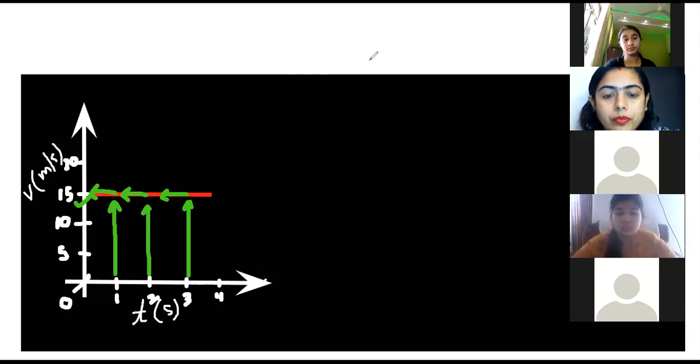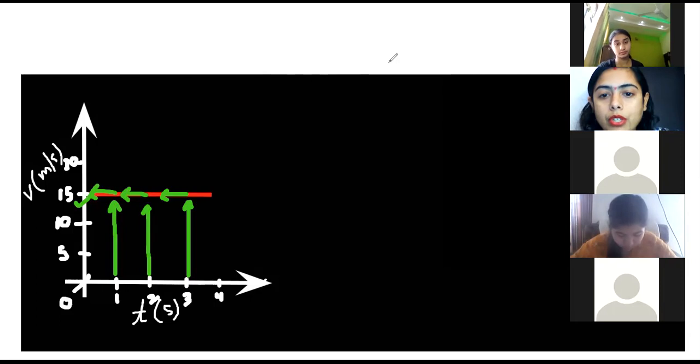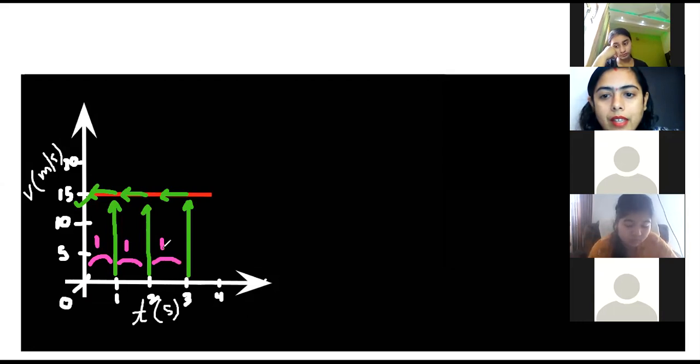Now, from here, we are going to conclude which kind of motion it is. Is it uniform or non-uniform? From 0 to 1, how much is the variation in time? That is 1 second. From 1 to 2, again 1 second. From 2 to 3, again a variation of 1 second. So time varies with equal intervals. For uniformity, both things have to go equally: there should be equality in velocity and equality in time. So here we have equality in time.